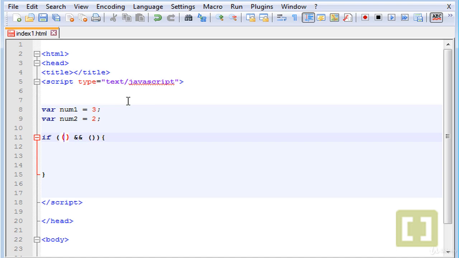Now between the first parentheses, let's type number1 is greater than 2, so this would be true. This statement here would be true because number1 is 3, so it's greater or bigger than 2. And if number2 is greater than 1, do this code here, which is, let me type, document